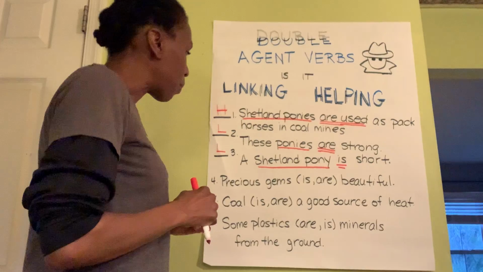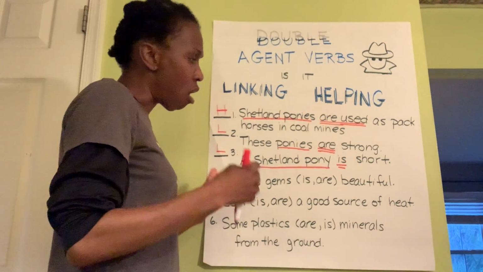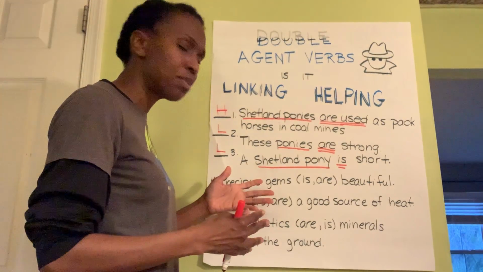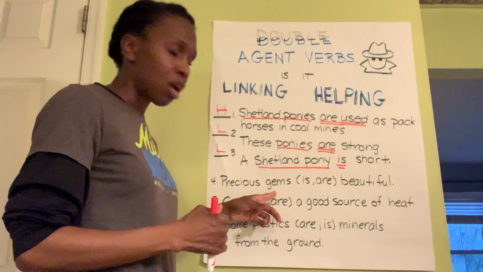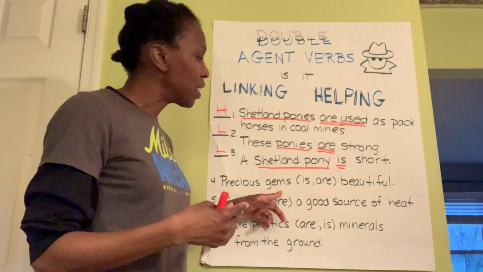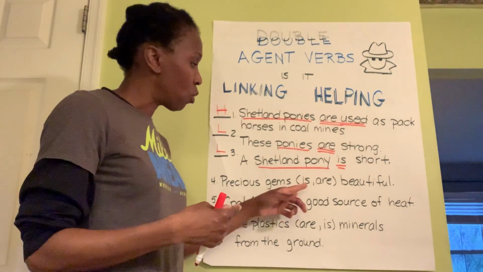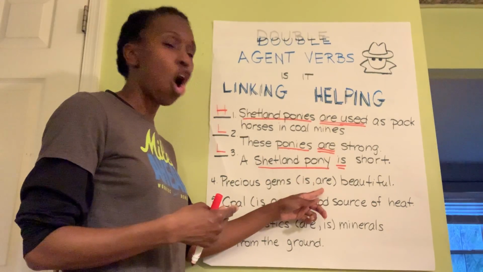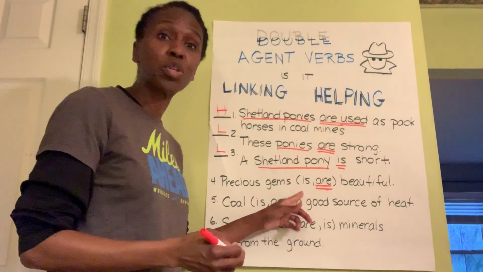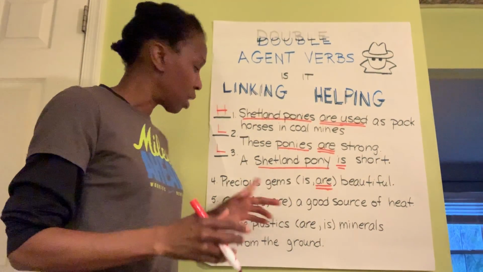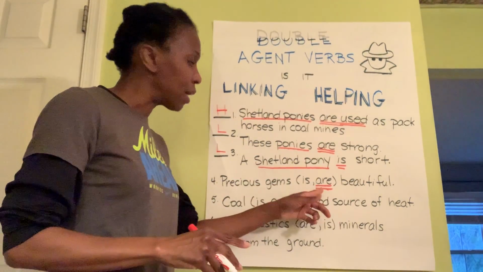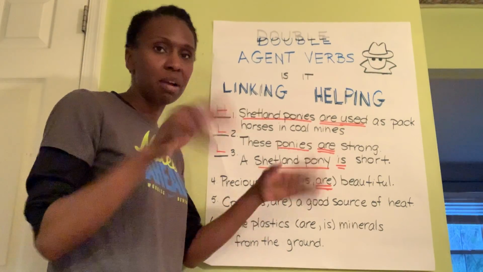All right, number 4, precious gems is or are beautiful. Well, I look at my subject. What is the sentence about? Gems. All right, well, I look at the word gems. It ends in s, and it is referring to more than one gem. So it's plural. So I need a plural verb. Well, between the two of them, guess what? Are. That's my verb. Okay, remember what I said about verbs ending in s? Is actually used for a singular subject. So are. Precious gems are beautiful. Okay, it even sounds correct, but we can always go by that. We can see that gems ends in s, are doesn't.